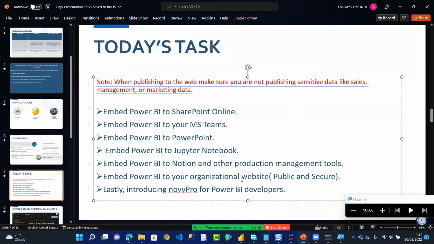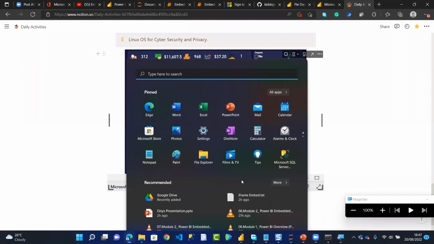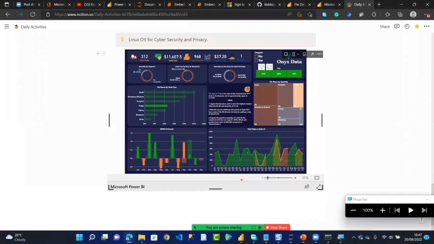Okay, for organizational website, this one is more secured. So I would advise you, if you're going to publish inside your organizational website, to use publish to website or portal. For you to work with this, you need two libraries. You can see my screen, right? So you need what they call the iframe, and I also need what they call the embed. So for the iframe, this works if I'm on my